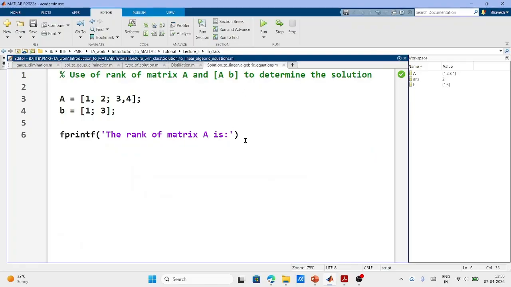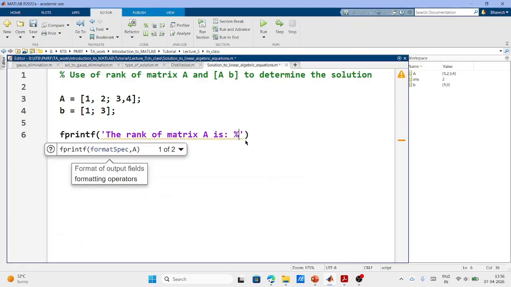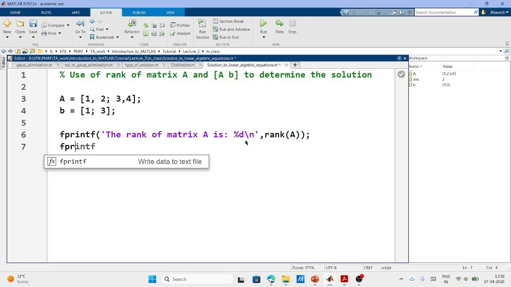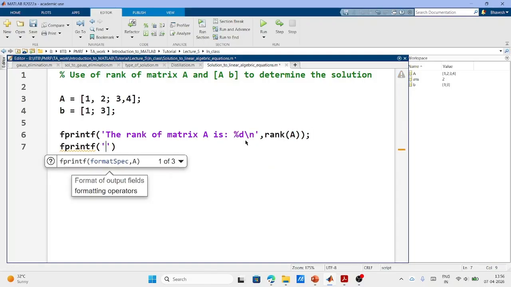So same thing I am doing here. Rank is %d \n to start a new line at the end. Rank of matrix A. Now printf